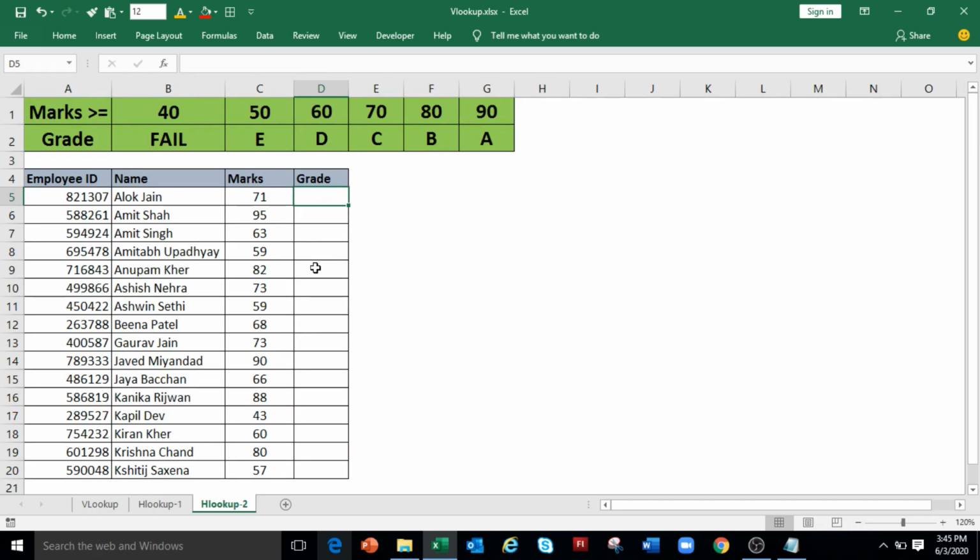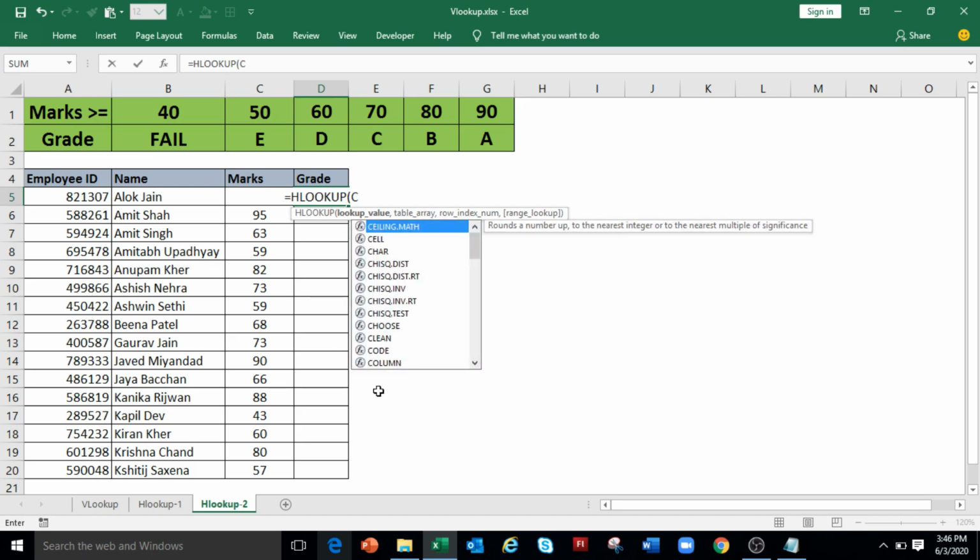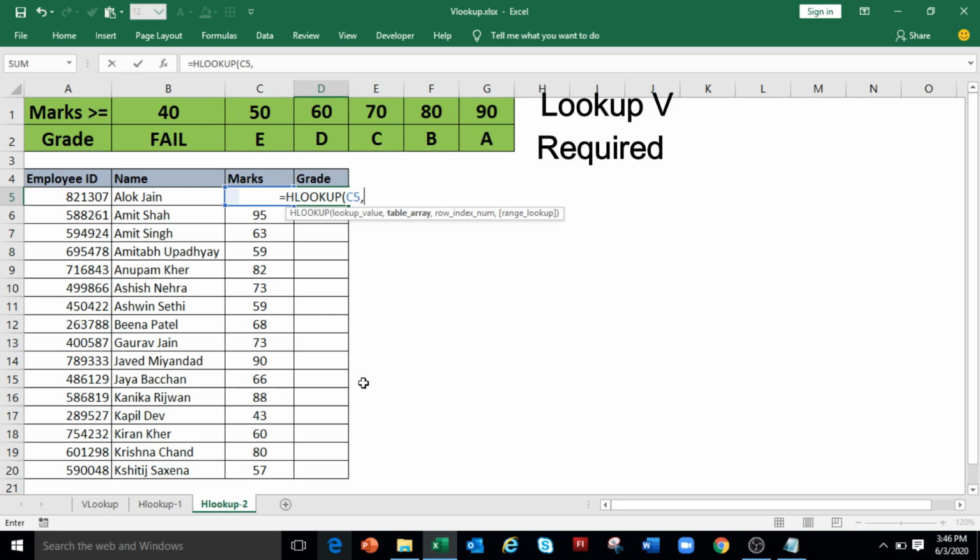To understand the last parameter for approximate match, we have created a table having marks and corresponding grades in row 1 and row 2. To use HLOOKUP, type equals HLOOKUP open bracket. Now select the marks in C5. So select cell C5 or type C5, comma, select the data range from A1 to G2.